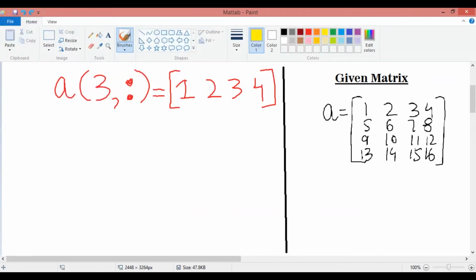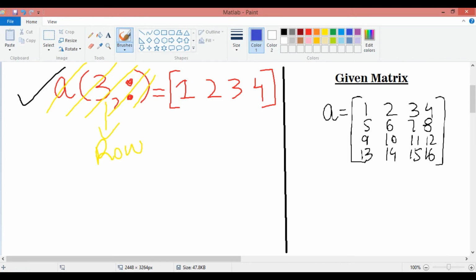The next command is this. We have already used this portion of the command, a small bracket 3 comma colon and then bracket close. So I have already told you that this command will basically take your entire third row, but now we are using this command.